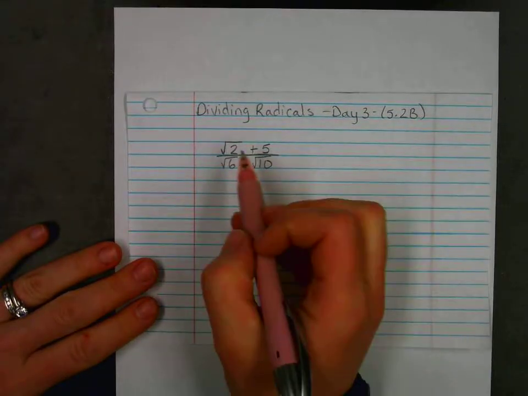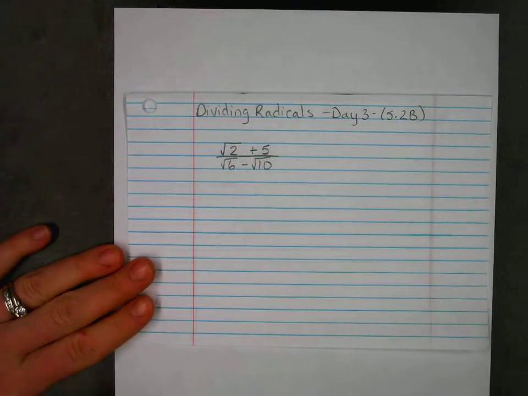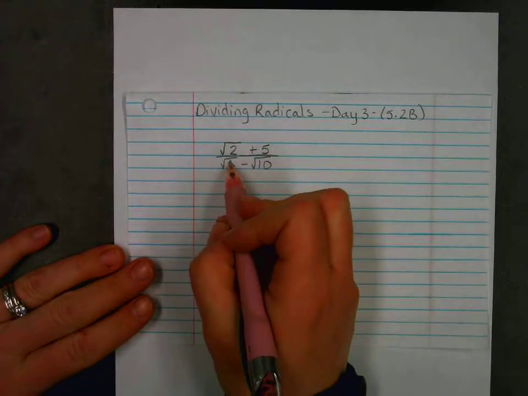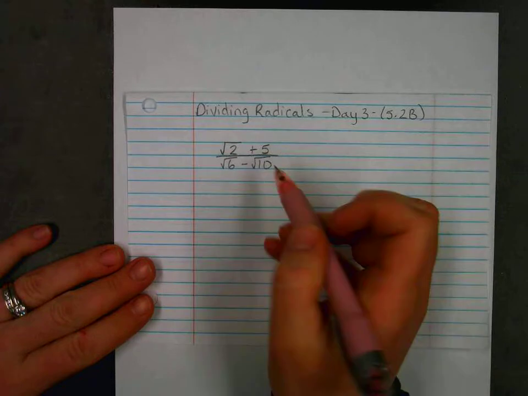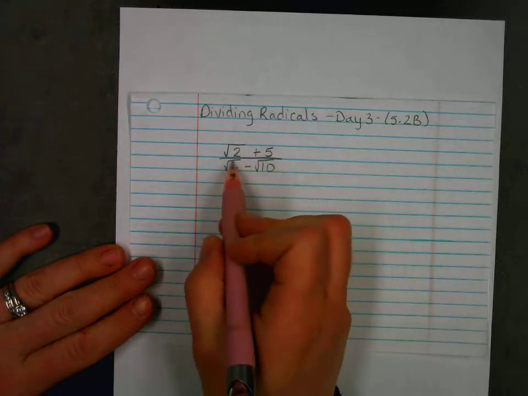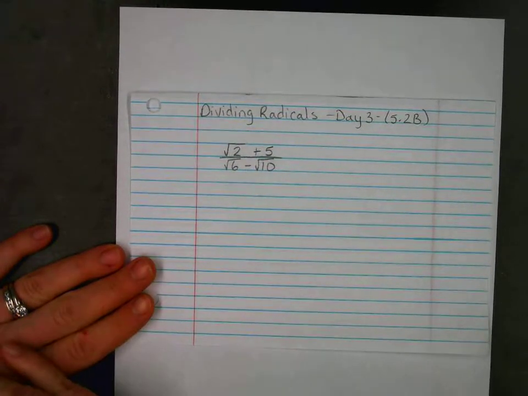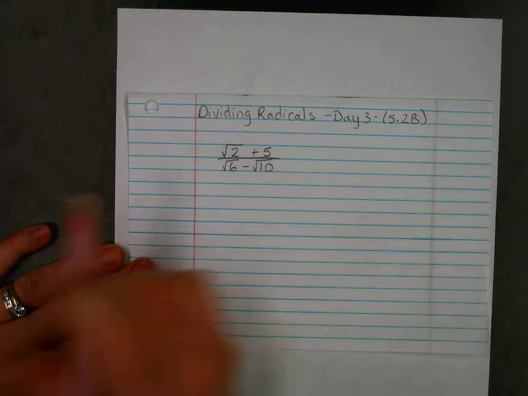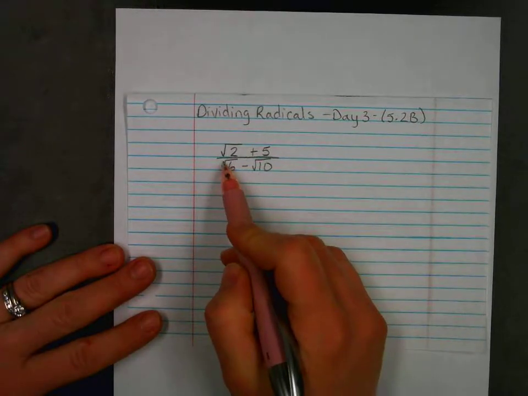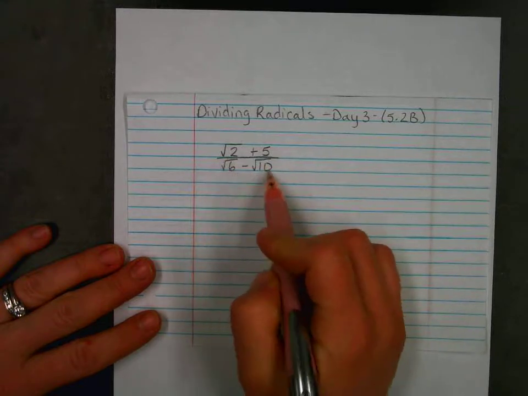Dividing radicals containing binomials in the denominator. In order to remove these radicals from the denominator, we need to again move them up. But again, we do not want any radicals remaining in the denominator. So in order to remove both of these radicals from the denominator, we multiply this by a binomial, which is